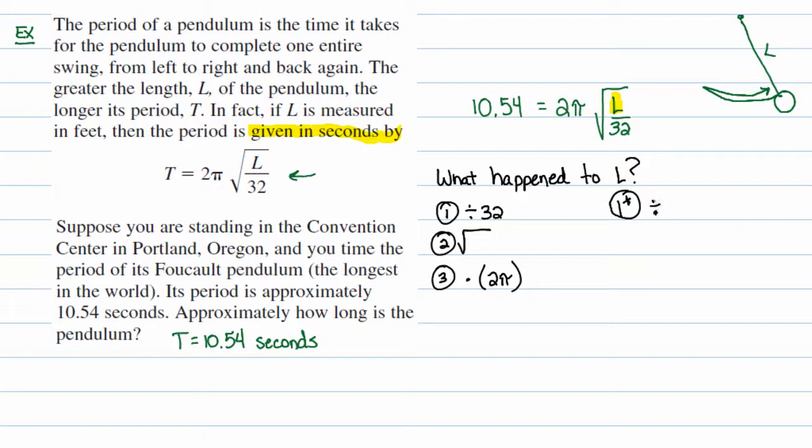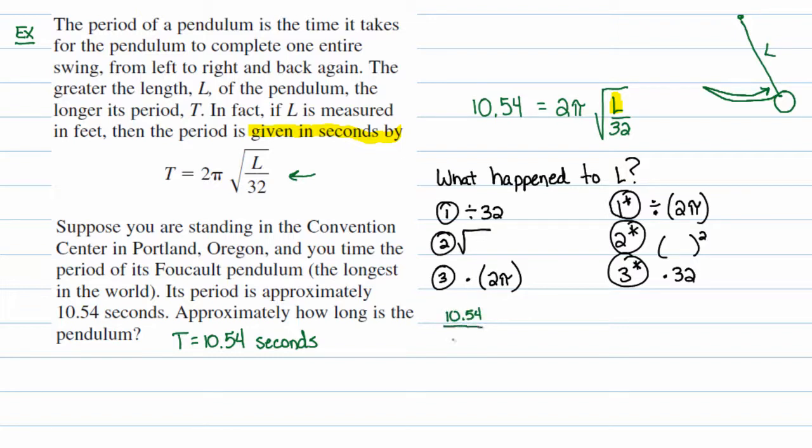Undoing multiplication is division. So we're going to divide by 2 pi. And then undoing the square root, we're going to square both sides. And finally, undoing division by 32, we're going to multiply by 32. So here we go. Divide both sides by 2 pi, and you will get